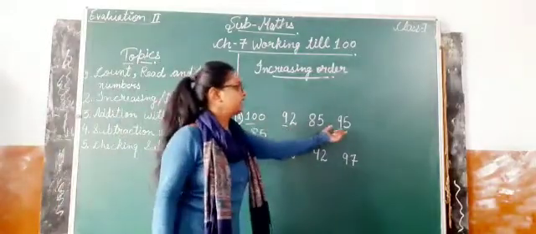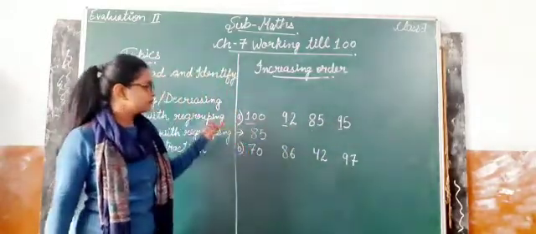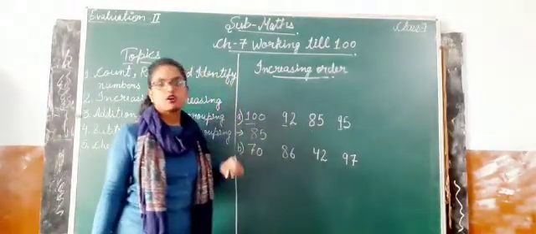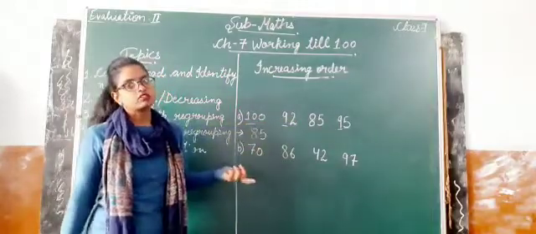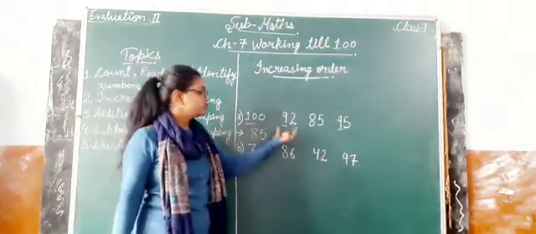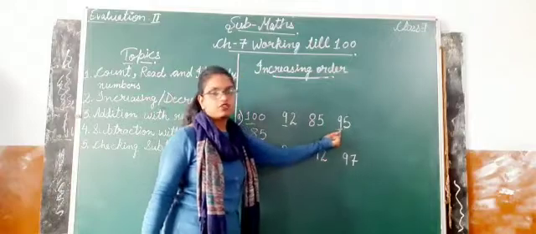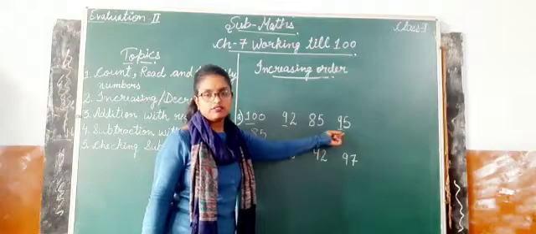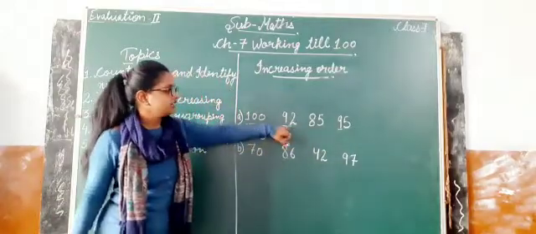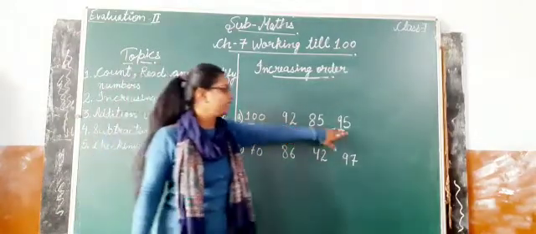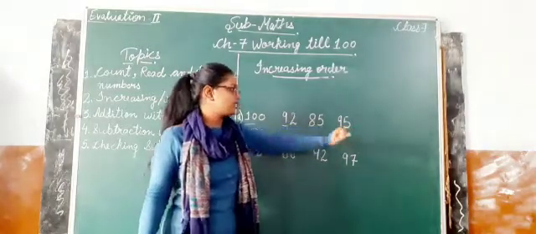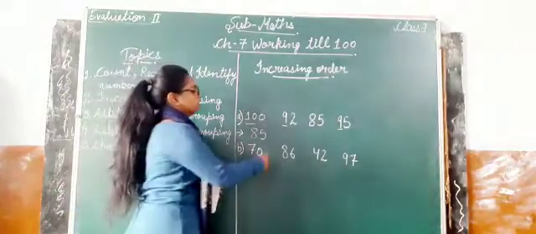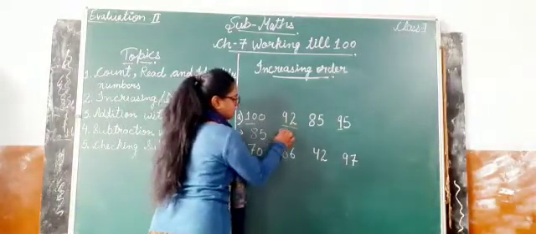100, 92 and 95. So, what are the numbers that we are looking at? 10, 9, 9. Which is the smallest number? Of course, 9 is the smallest number. But there are two numbers that contain 9 in front. So, is it 92 that is the smallest or 95? Let us see. 92 has 2 at ones place and 95 has 5 at ones place. So, which is the smaller number, 2 or 5? It is 2. So, 92 would come here just after 85.